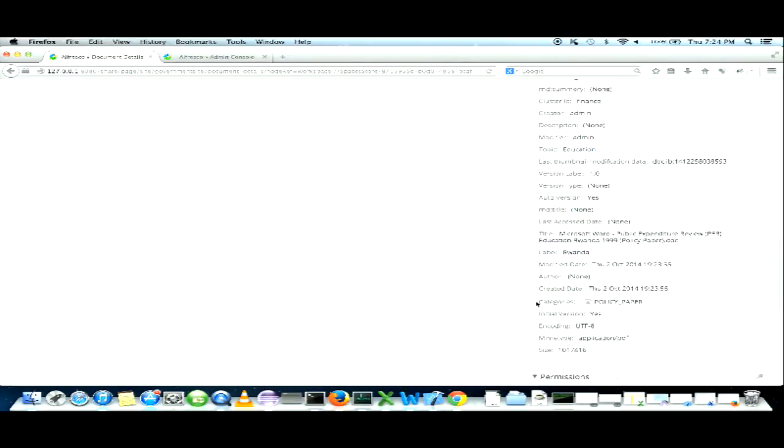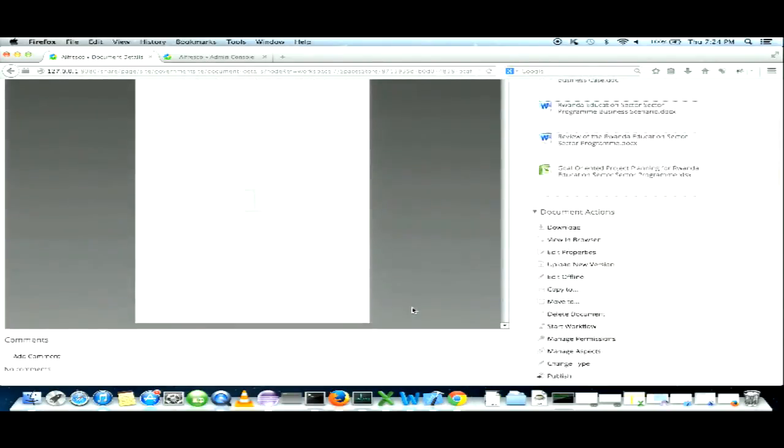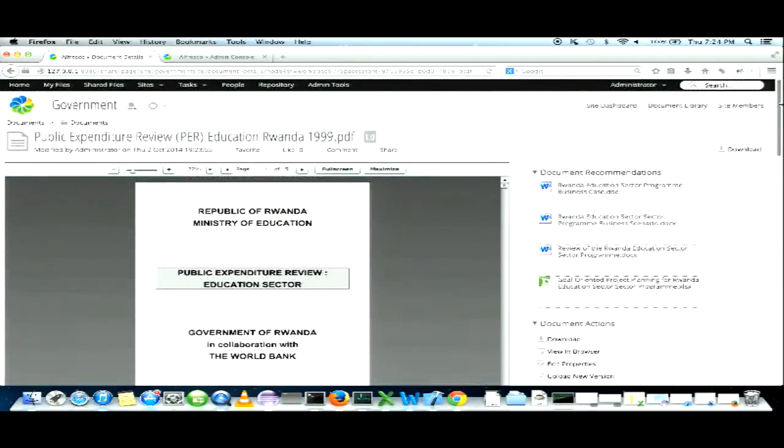So this is something about the document basically, not like the other metadata where you say created date or author. And also we have this document recommendations feature, where it is suggesting similar documents it thinks are related to this one. So this is something similar to YouTube. I think you have seen YouTube recommendations.